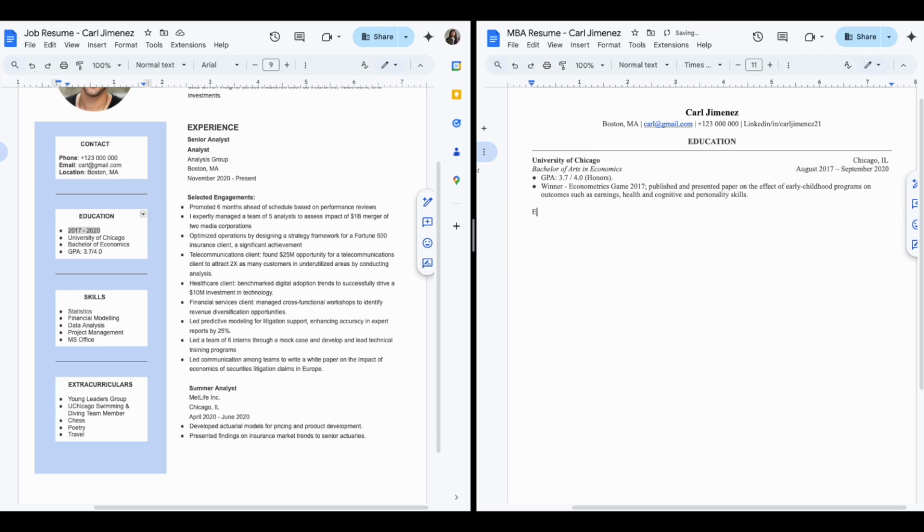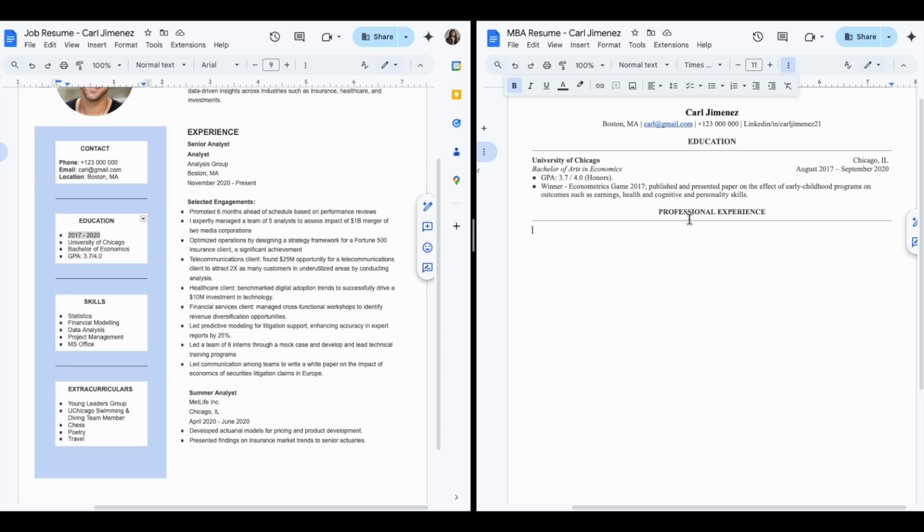Now we want to title our next section, put that in bold, center that, copy that over, and now we'll start building out our professional experience section. So in our professional experience section, let's move that to font 12 to denote a section title, and let's start